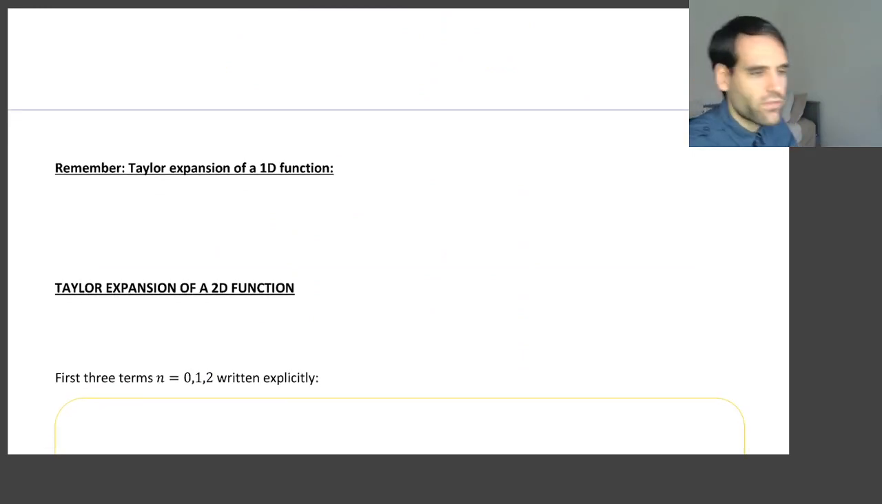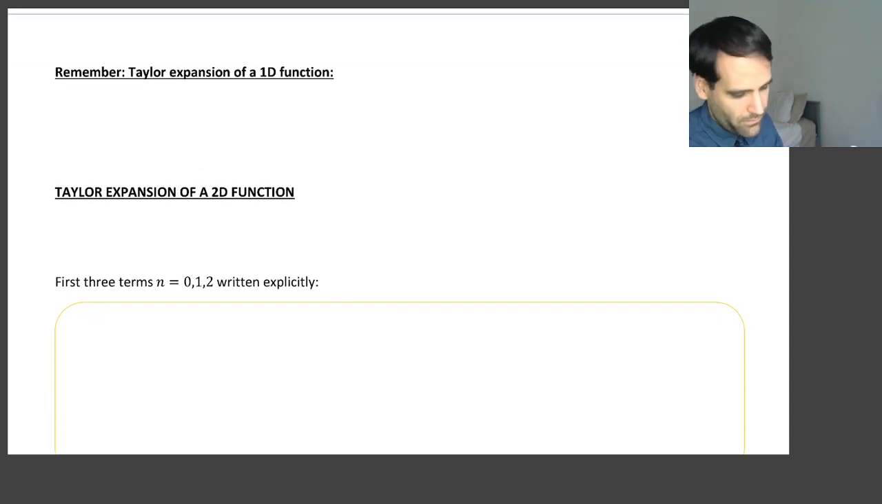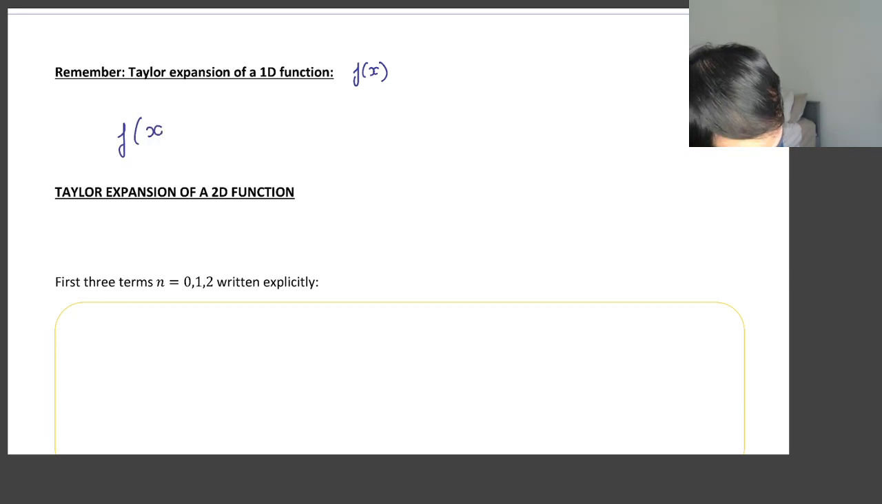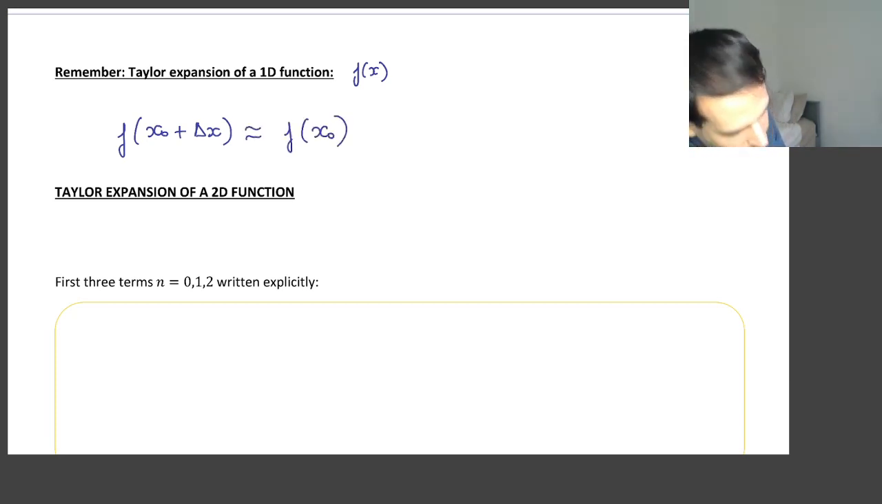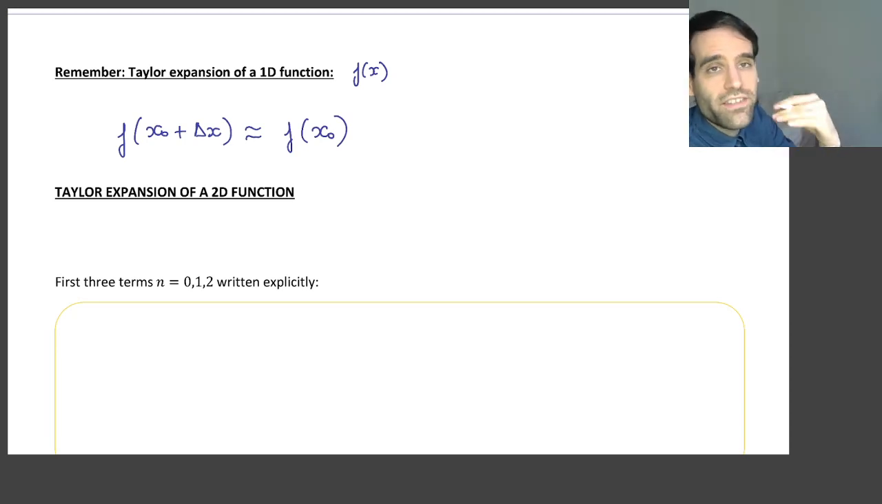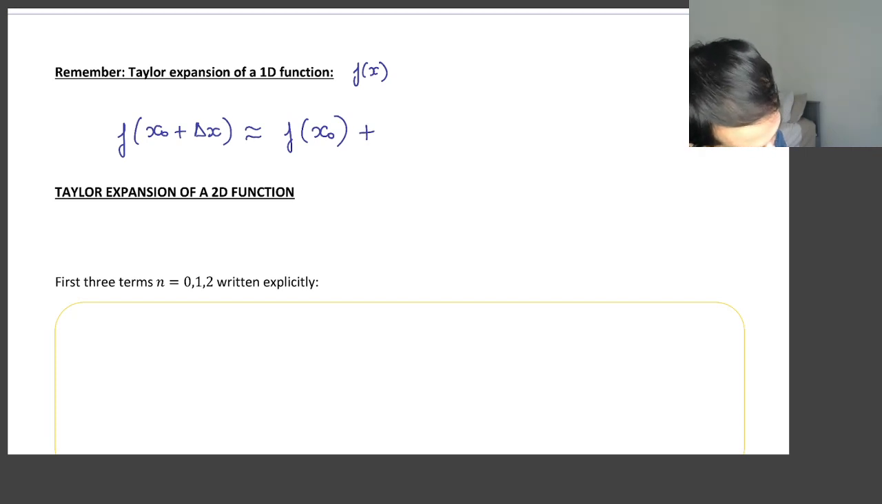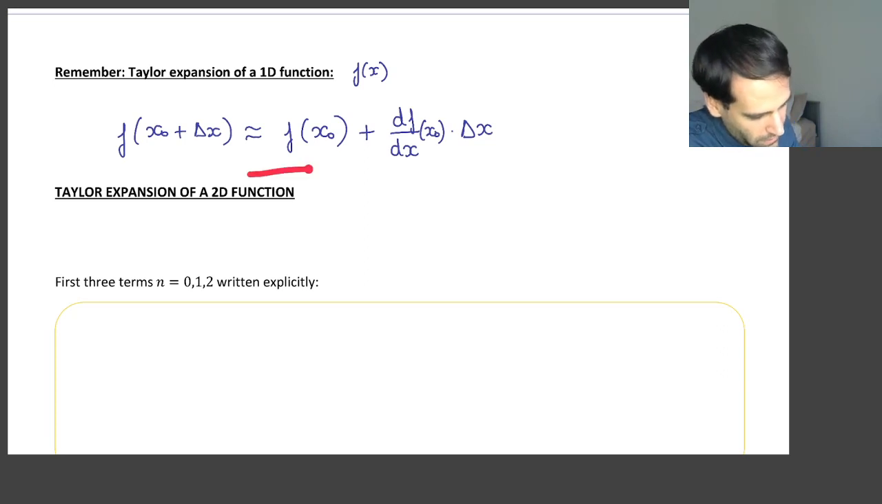So let me first refresh you about the Taylor expansion of a one-dimensional function, okay? So in one dimension, you have a function f of x, and to find the Taylor expansion around a point x0, we wrote that f of x0 plus delta x, meaning that we are in the neighborhood of x0, okay? So delta x is a change with respect to x0. This is approximately equal to the function at x0, that's the 0 order approximation, plus the derivative of f with respect to x at x0 times delta x, and this is the first order approximation. So here we are approximating the function with a straight line,